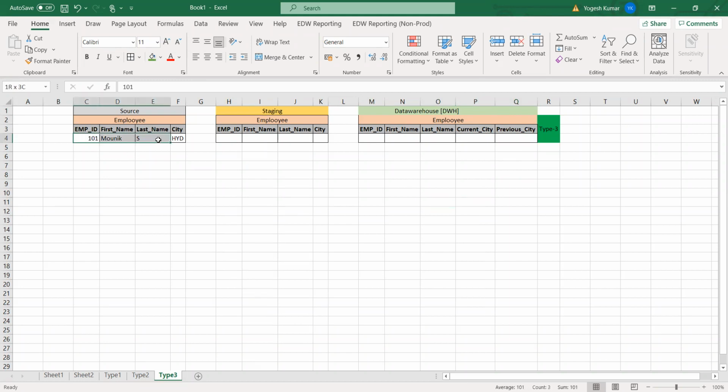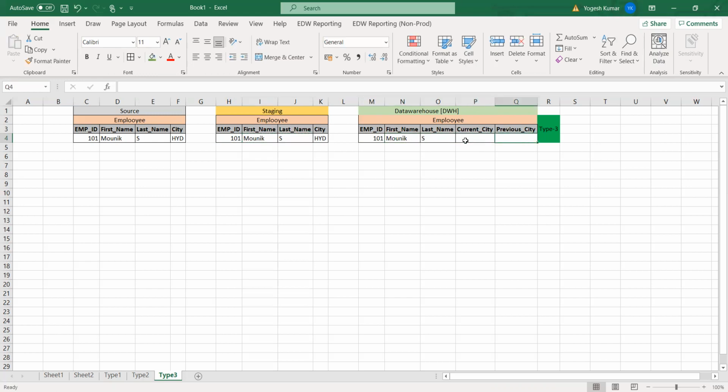This is our data in the source. Let's say this is loaded directly into staging. Now we are moving this data into the data warehouse. How will it be loaded? First, it loads the employee ID into the employee ID column, then first name and last name into their columns. Then there are two extra columns.